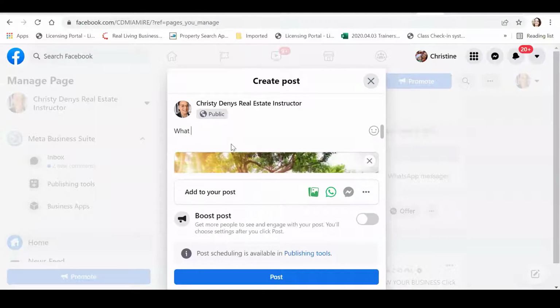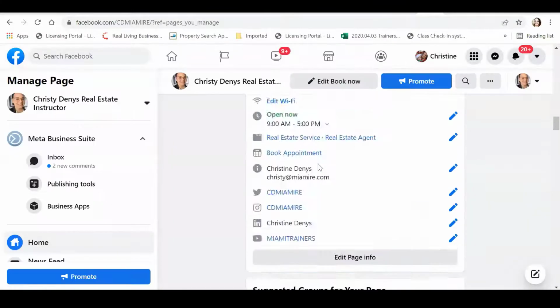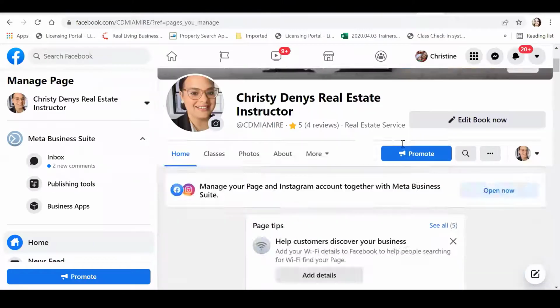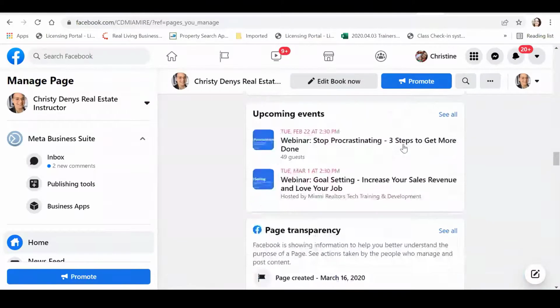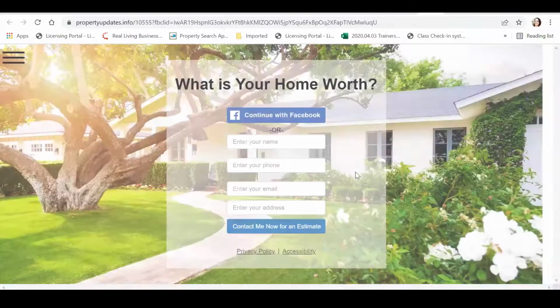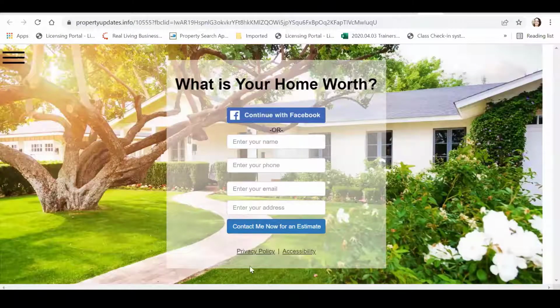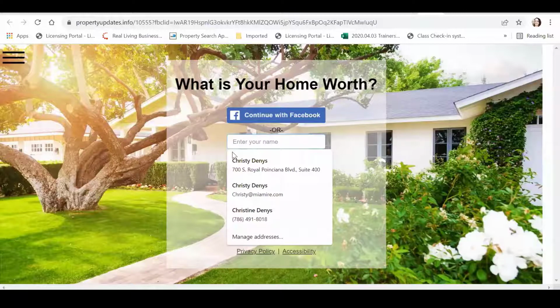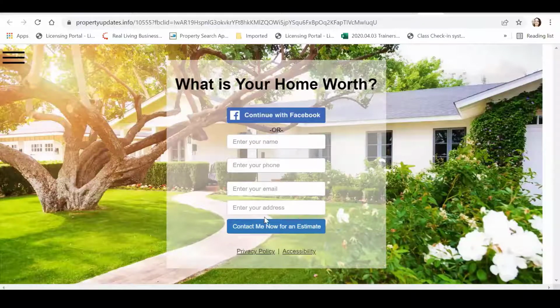Give it a message up at the top. So from here, if you take the link and post onto your Facebook, let me show you what that looks like. And then when the person clicks on here, they're taken to a landing page where they can enter their name, their phone number, their email, and they can contact you for an estimate,